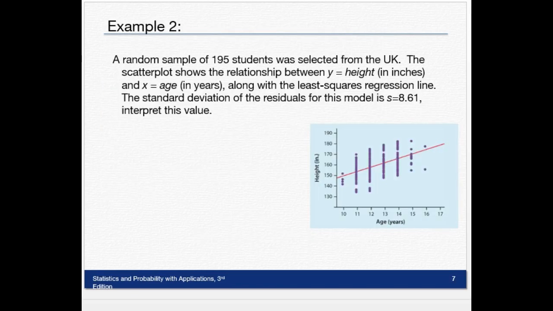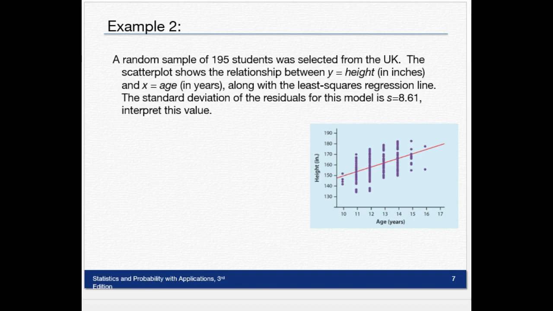Number 2, a random sample of 195 students was selected from the UK. The scatterplot shows the relationship between y, their height in inches, and x, their age in years, along with the least squares regression line. The standard deviation of the residuals for this model is s equals 8.61. Interpret this value. Okay? So I'm going to show you how you need to interpret it